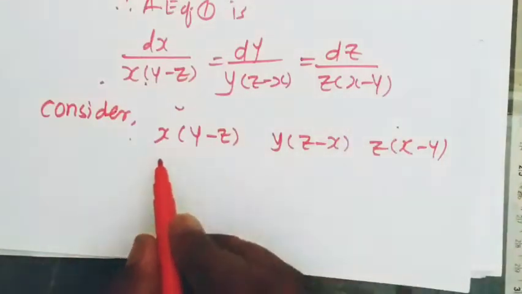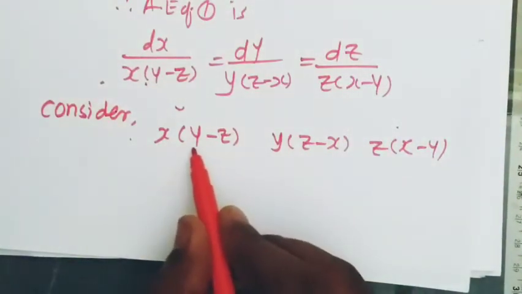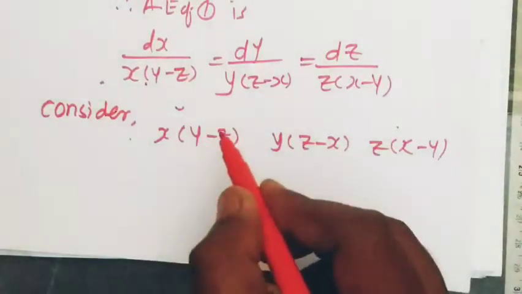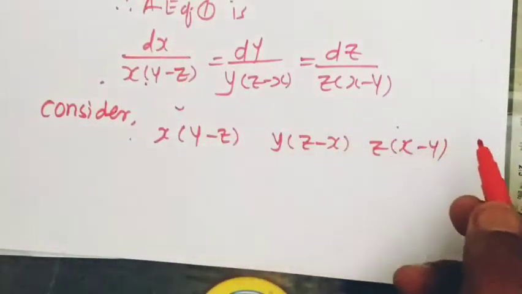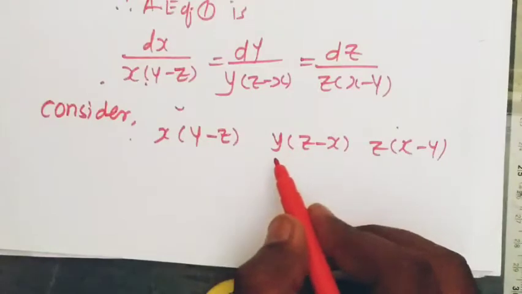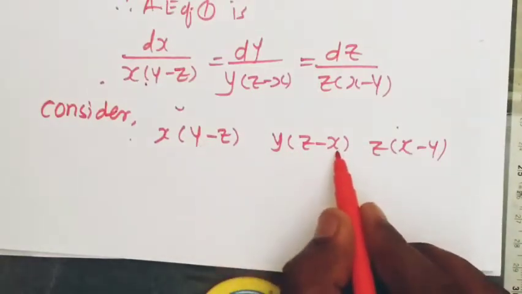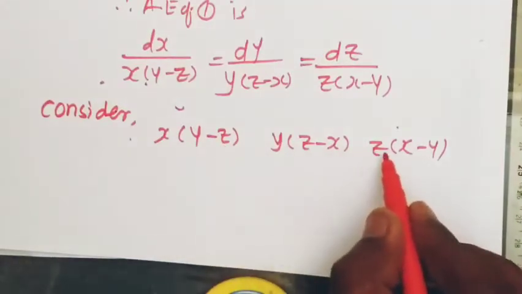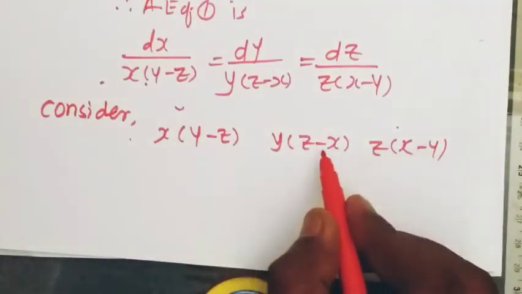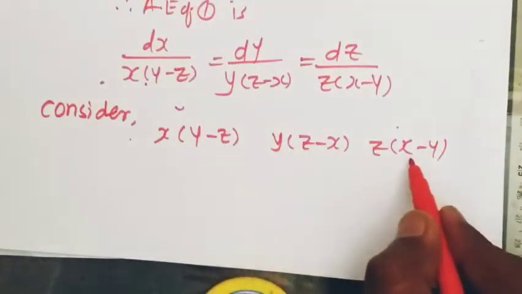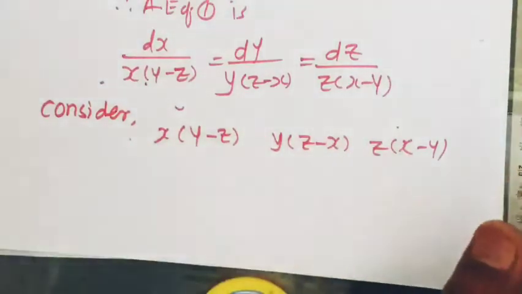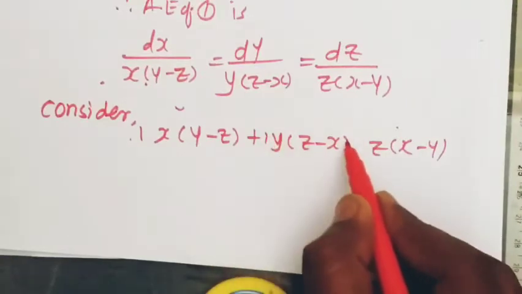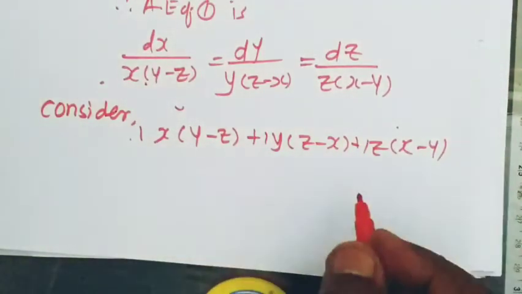So if you multiply by x inside, we'll get plus xy here. Now we need to check whether minus xy is available, because we need to obtain the addition equal to 0. So xy is here, here we have minus xy, that will get cancelled. Here we have minus xz, here we have plus xz, that will also get cancelled. Here we have plus yz, here we have minus yz, that will also get cancelled. Means even if we multiply by 1, 1 and 1, still we get 0.